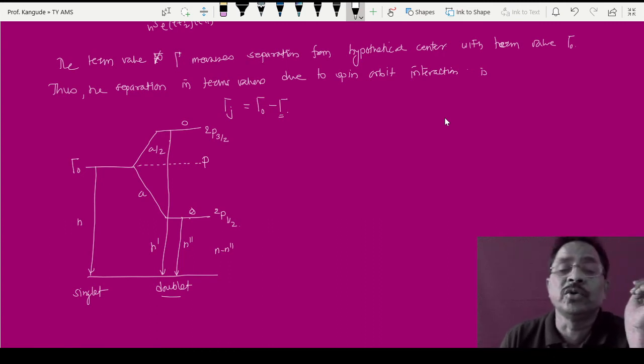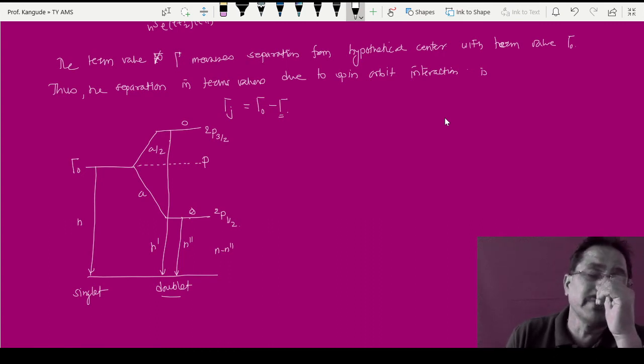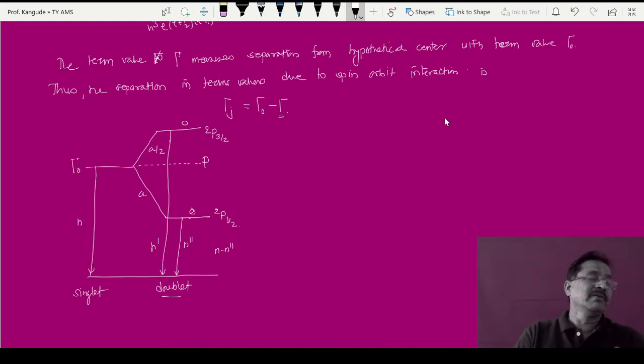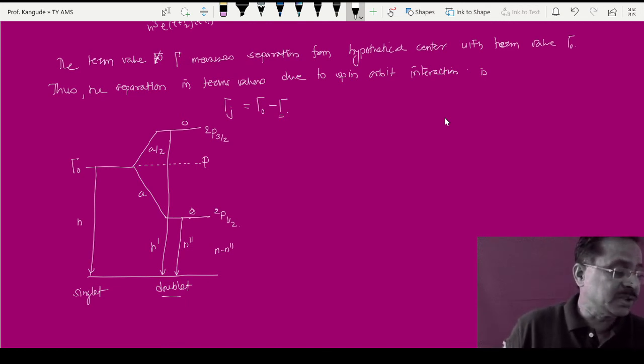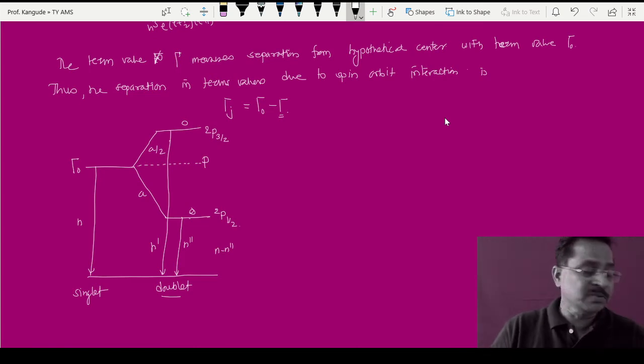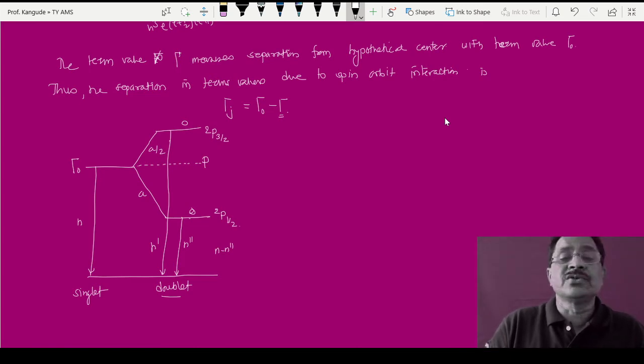Doublets ought to be there. So this explanation of the observation of doublets in the single valence electron system could be given by this type of effect, which is called the separation of energy levels, or which is called the spin orbit interaction. Okay, and the last point we'll write here in a few words. It is observed